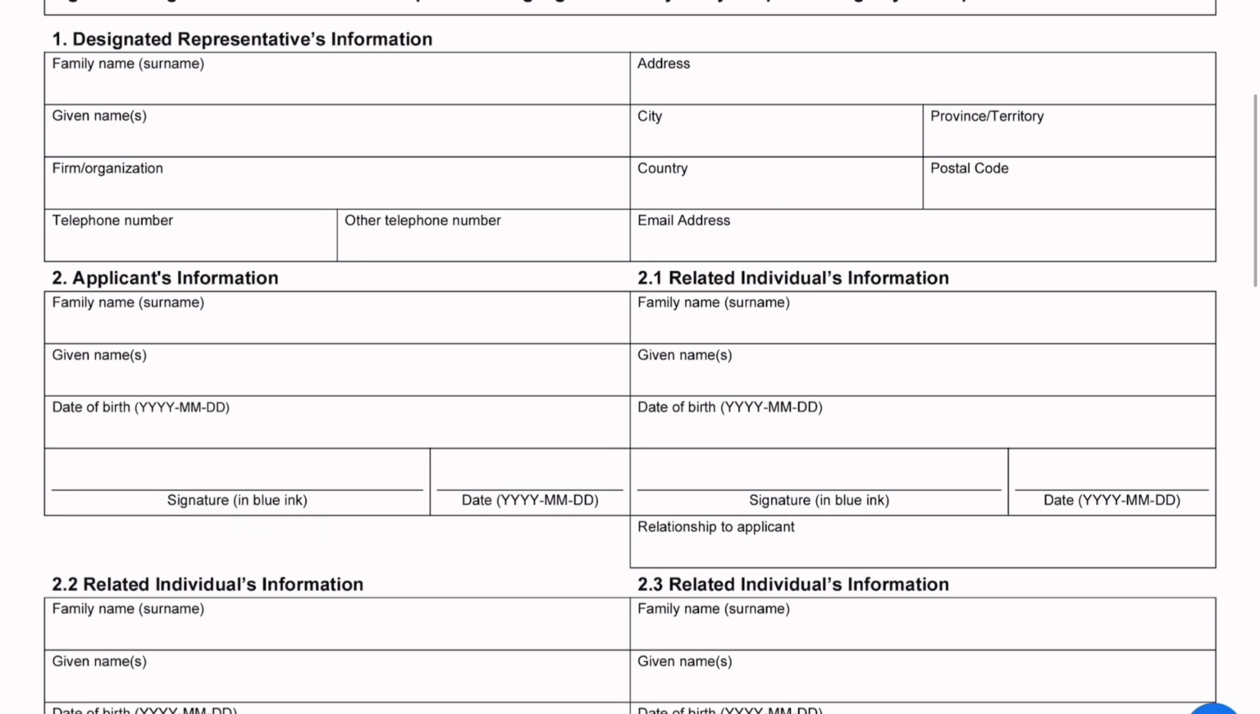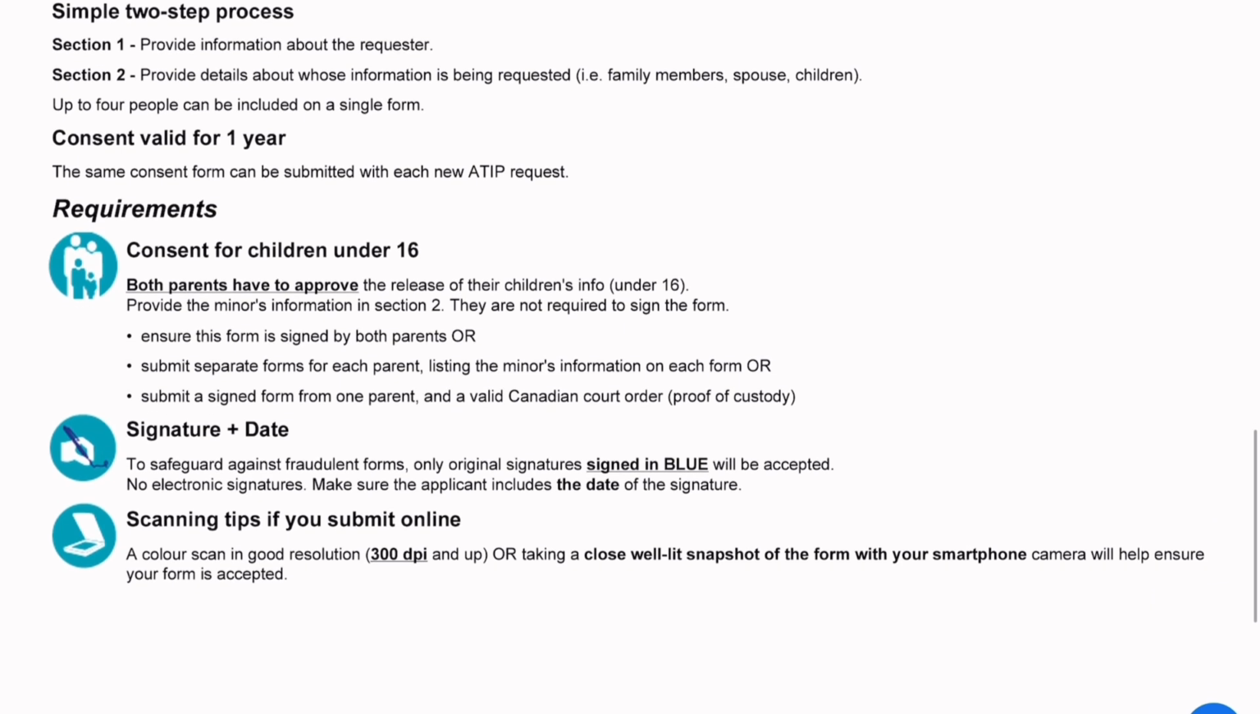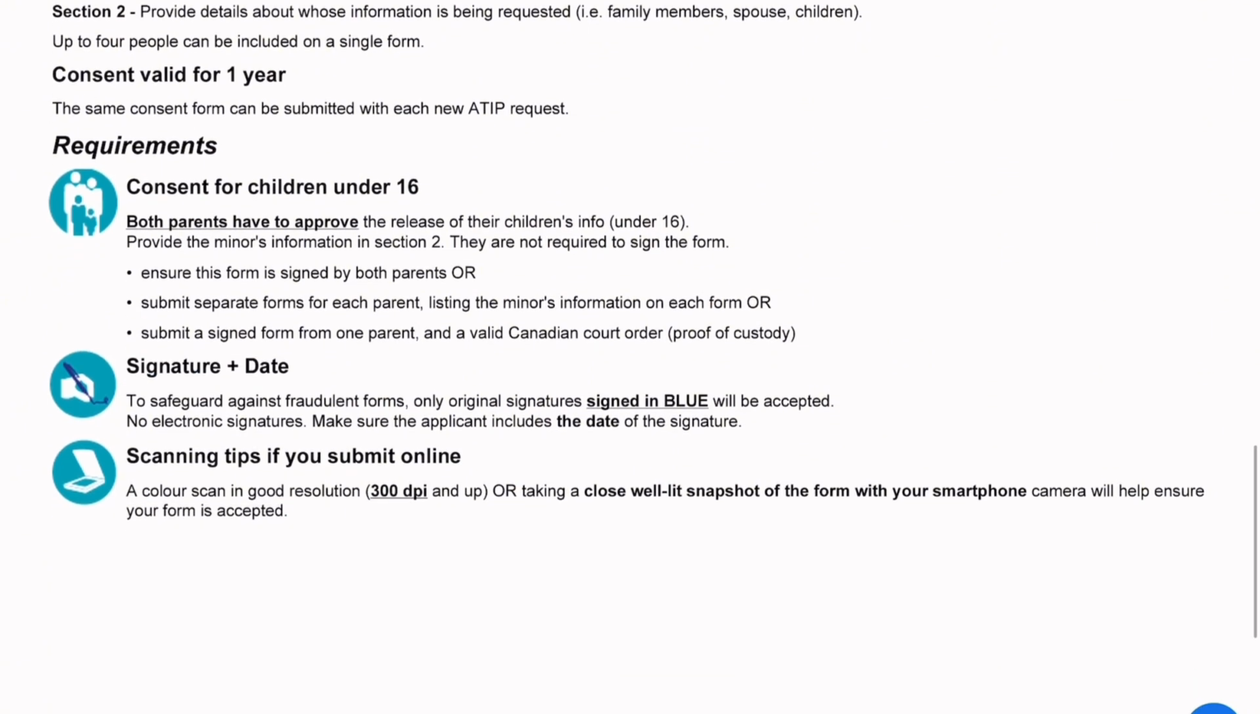At the bottom of this form, as you can see, they have given detailed instructions on signature and scanning. Under signature, they say: to safeguard against fraudulent forms, only original signatures signed in blue will be accepted. No electronic signatures at all. Make sure the applicant includes the date of the signature. Meaning once you have filled out this form, you can just print it out and sign it with the blue